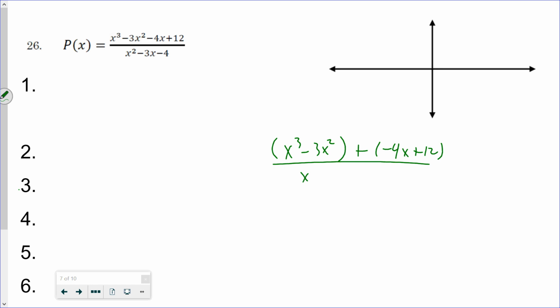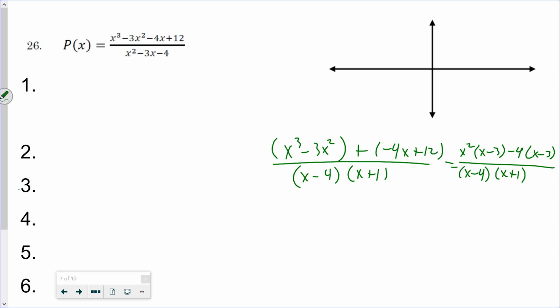That factors out to x minus 4, x plus 1. And then for the top, I have a common factor of x squared for the left side, so you're left with x minus 3, and a -4 on the right one to give me x minus 3 as well, all over the same denominator of